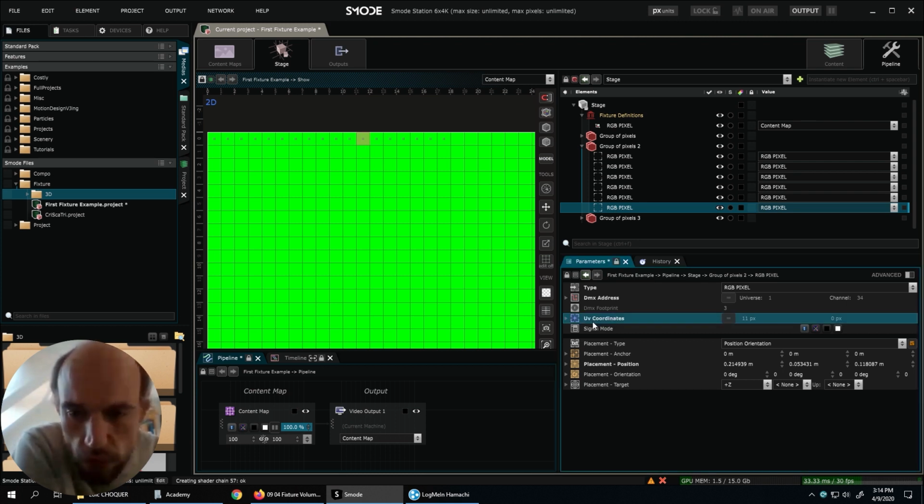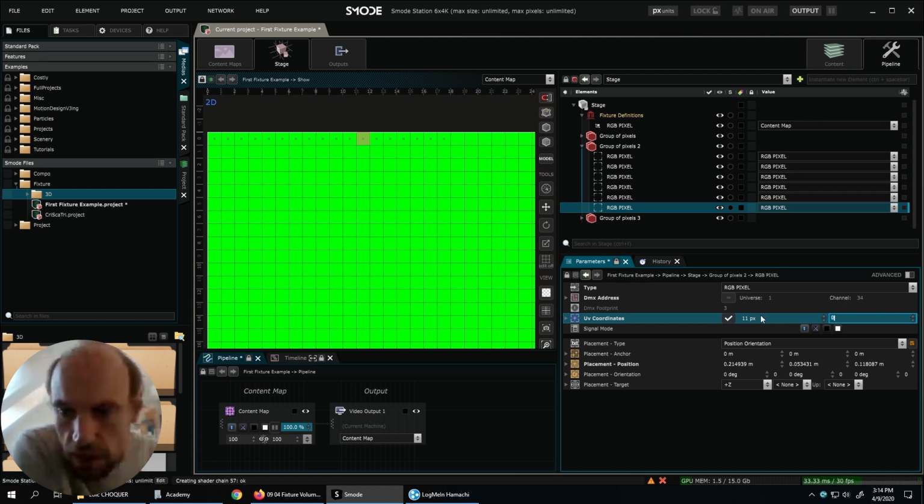So this corresponds to the parameter we have here, the UV coordinates. And now it is in automatic mode by default. So we see that the automatic coordinate of this pixel is 11 pixels in the x-axis and 0 in the y-axis. But if I want something else, I can simply check this to make it manual.